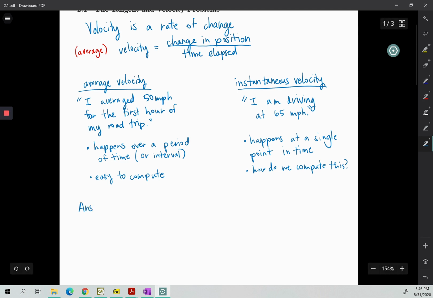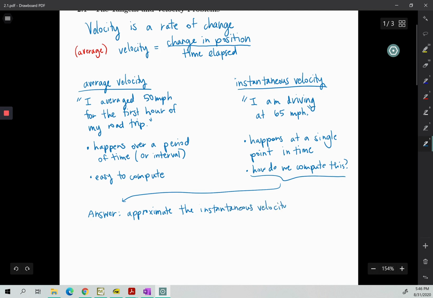So the answer to this problem, so this question right here, our answer would be to approximate the instantaneous velocity by computing the average velocity, which we know how to compute, and we'll do this over smaller and smaller intervals. Okay,